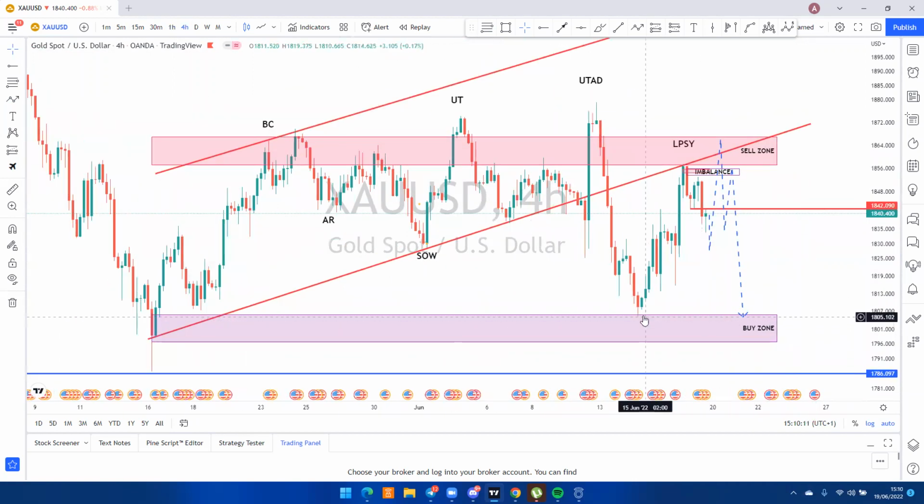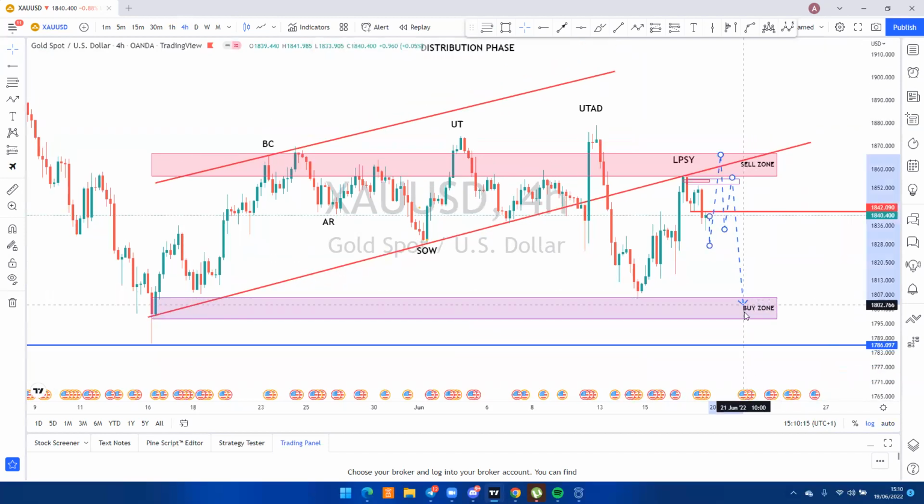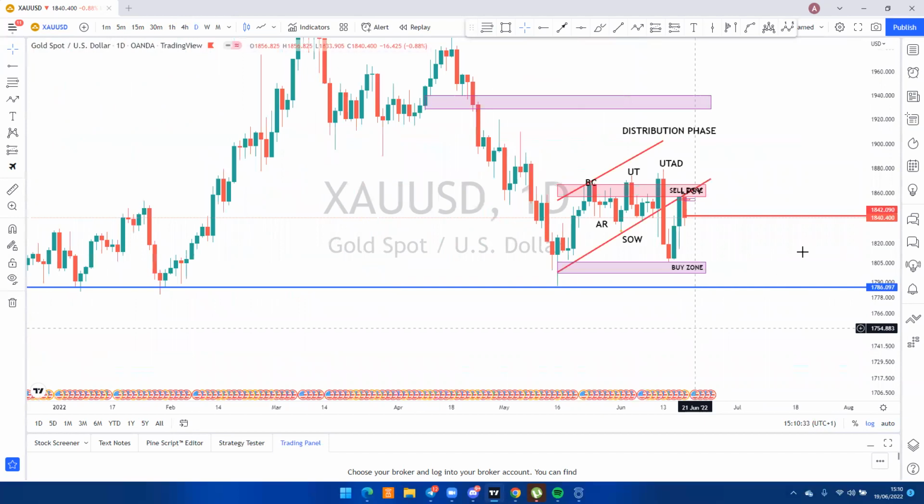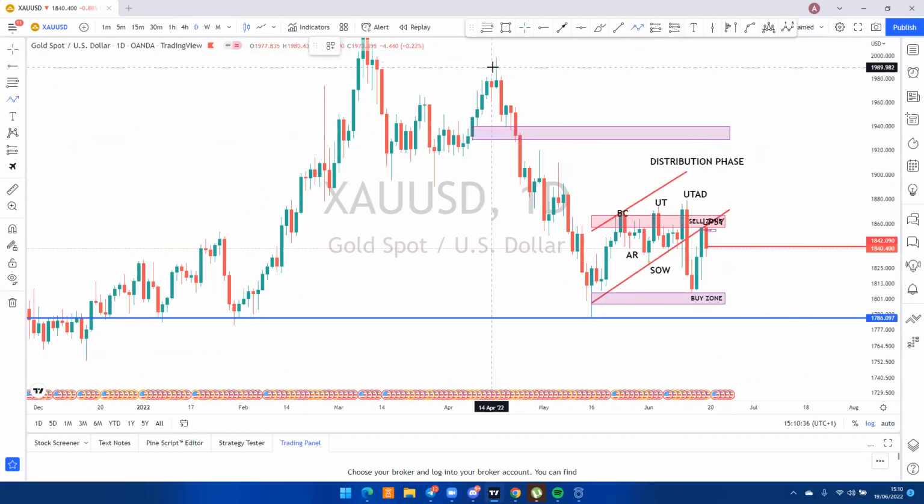I'd target this previous low here at 1804. I'm expecting price to make lower moves back into the 1800s, because we did have a tap here and push up. So expecting price to push down to the 1800s, and then if that breaks, 1790s and even this previous low here. Because if we go into the daily time frame, you'd be able to see that we've had an impulse move towards this downside here